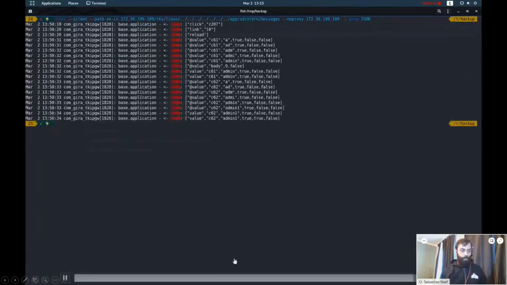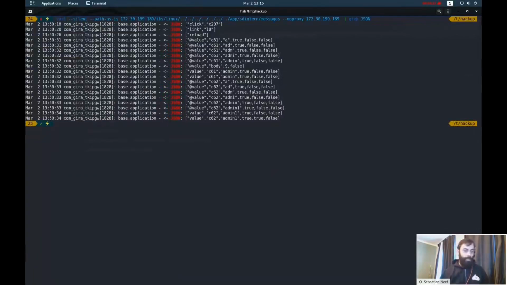So now the second exploit. In that case, we download the /app/sd internal/messages. And as you can see, there's every keystroke of our admin login procedure, including the password that we just cracked. And those are in plain text, so you don't even need to fire up your cracking rig if you can just read this file. And the administrator has logged in recently.